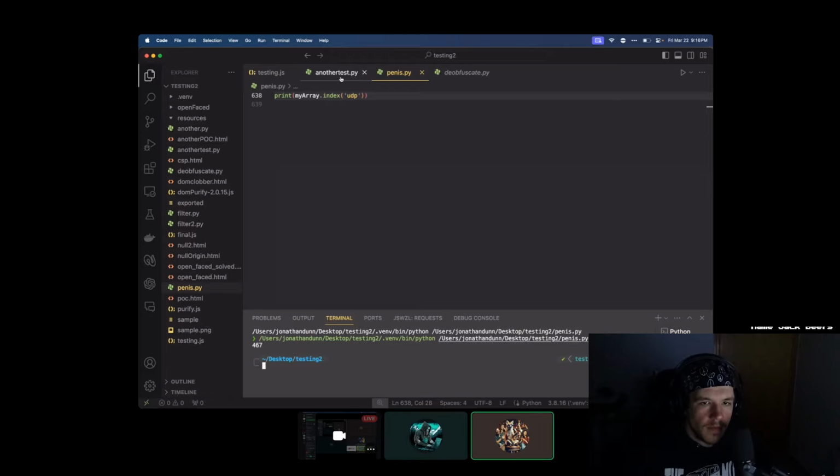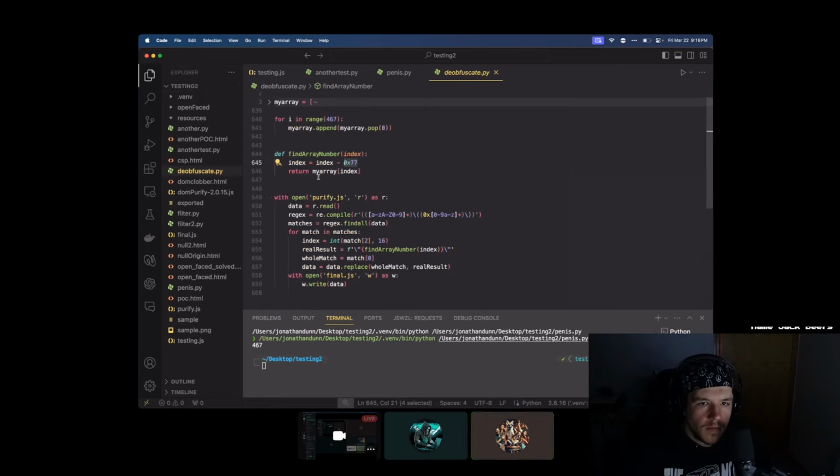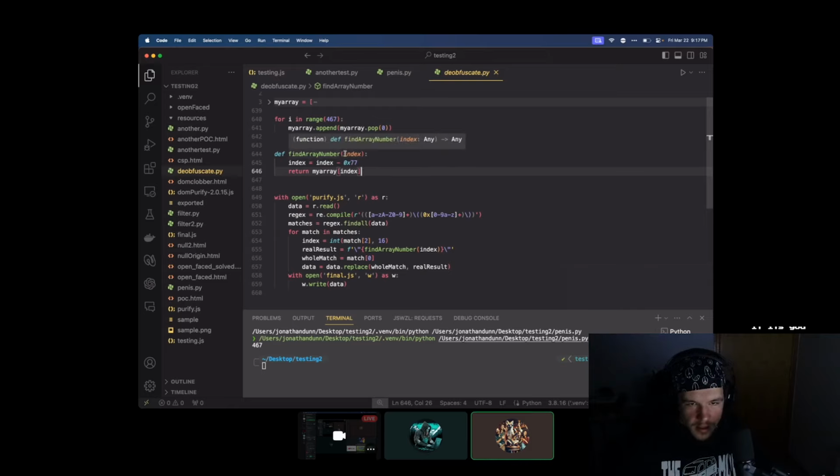Okay, so now if you go to my code, my script, for i in range 467, you append then pop. So basically it's taking the first item and putting it at the end that amount of times. Does that make sense? Then I make a function which takes the something and subtracts